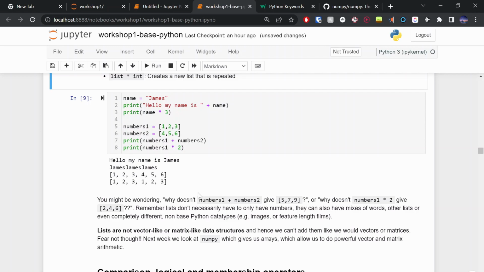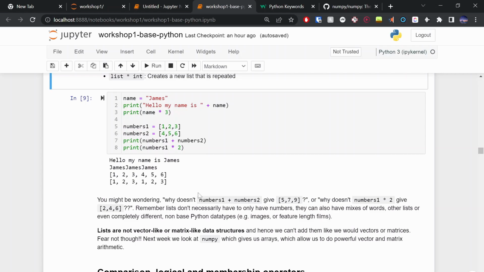Now, the thing about base Python is there's no real concept of matrices and vectors, unfortunately. If you want to add things element-wise together, you have to go element by element and add them together. And that is where the logic flow comes in, in the next section, like kind of iterating through that one by one. The next section we'll go through, NumPy.